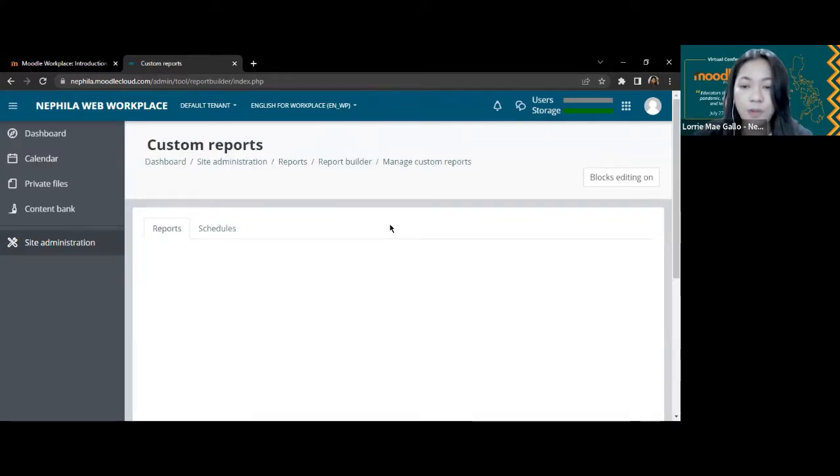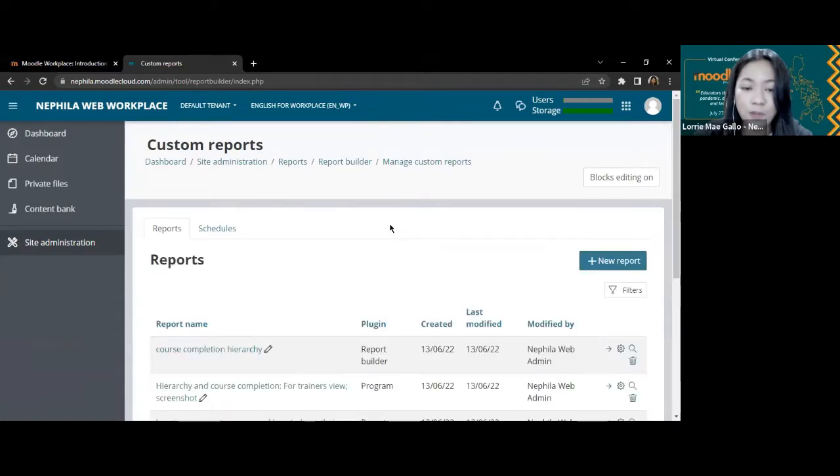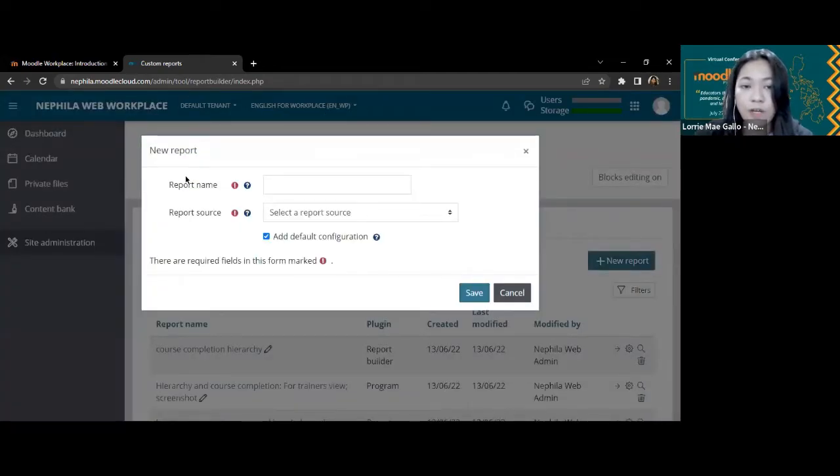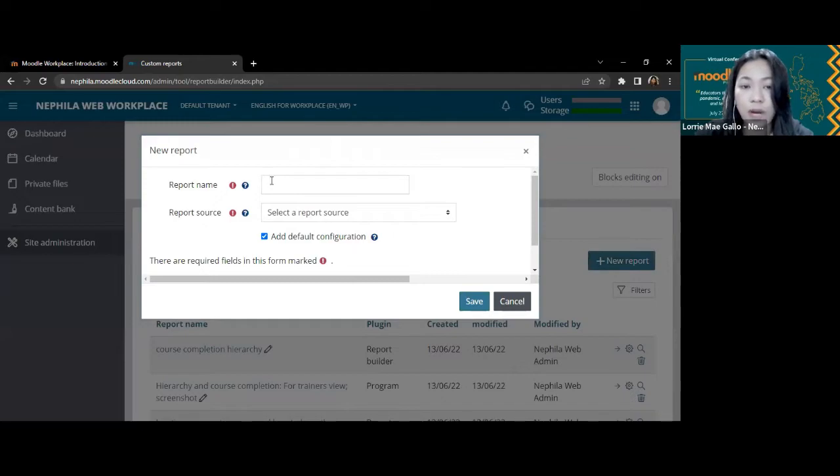All right, so to create a custom report, you have to add a new report, of course. And then you have to supply the report name and select a report source. So this is the tab for the new report. So it's required to supply the report name and choose or select a report source. So from here,